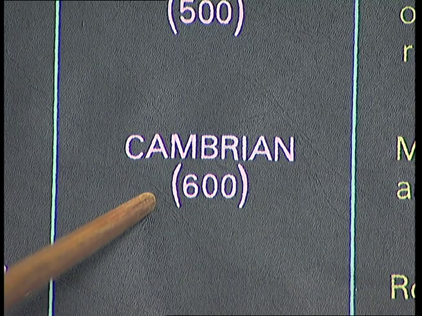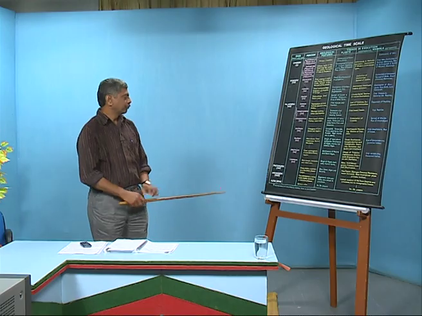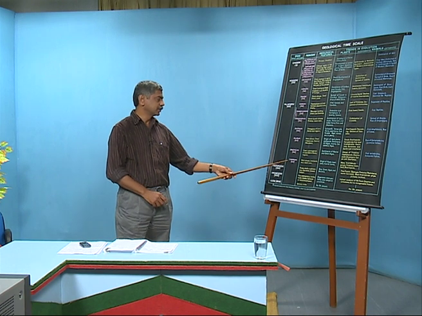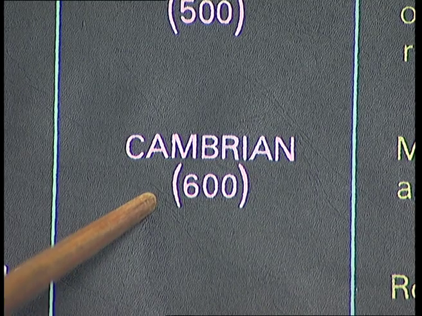See, this is the Cambrian period. The Cambrian period was known as age of trilobites. Lot of trilobite species were recorded as fossils during this Cambrian period, hence it is called as age of